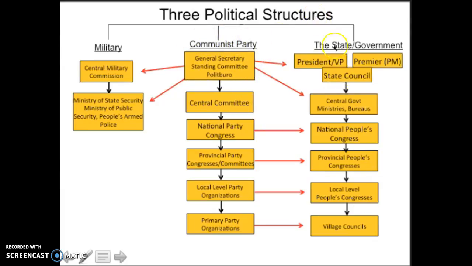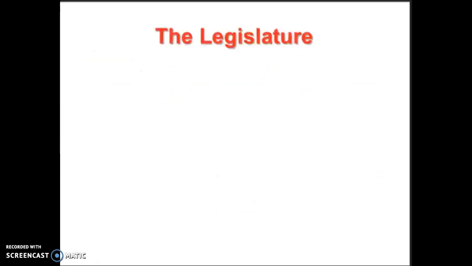So what the state or the government does isn't legislate. They don't create policy. The party creates policy. But let's talk about the legislative branch anyway. It's the National People's Congress. This is kind of a farce because remember,